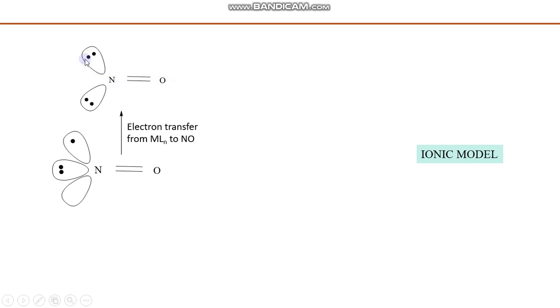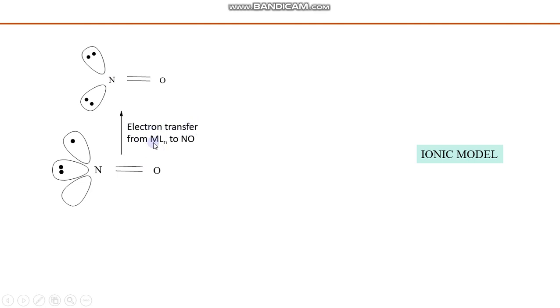So nitrogen now has three species around it. Two are unpaired, two are lone pair of electrons, and one is oxygen, and this total number is 3. So in case of 3, the hybridization around nitrogen is sp2, and in sp2 we have to place these species around nitrogen in three-dimensional space in the form of trigonal planar, and this is the trigonal planar structure around nitrogen. So because of the hybridization, we rearrange these orbitals around nitrogen, and this electron transfer